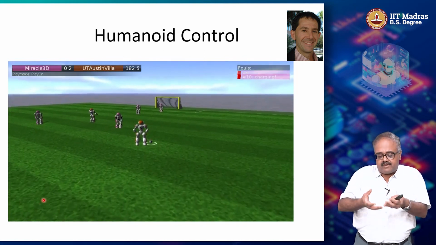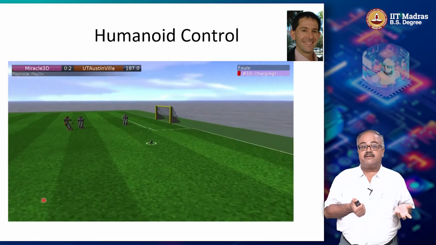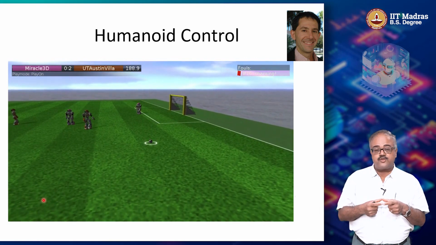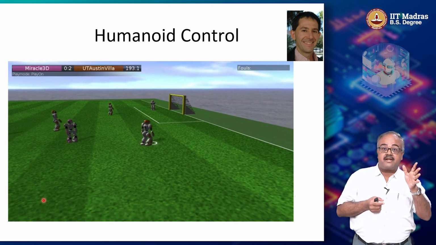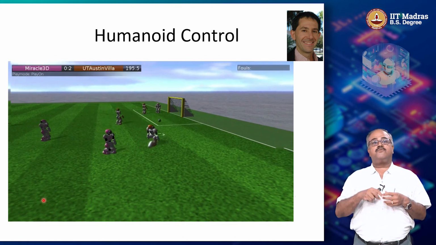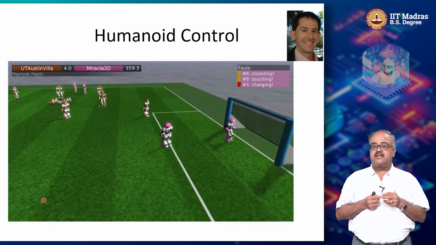There are a lot of very complicated problems here, which people have been studying for several years, decades even. They managed to solve many of the problems like walking, finding where the ball is, recognizing who your teammate is, and so on. Many of these can be solved using more classical control techniques or even supervised learning.